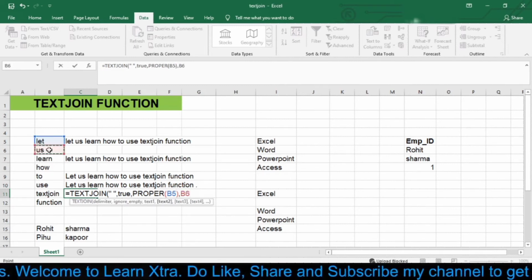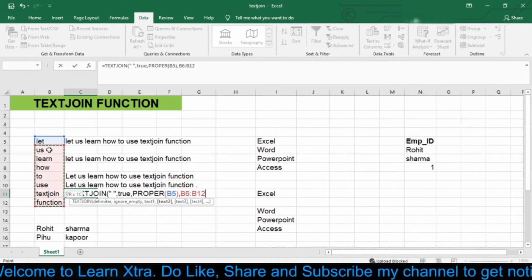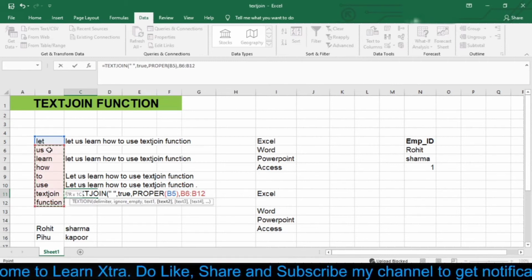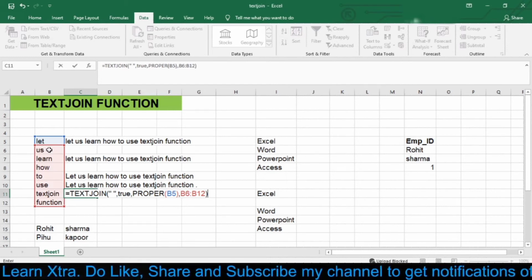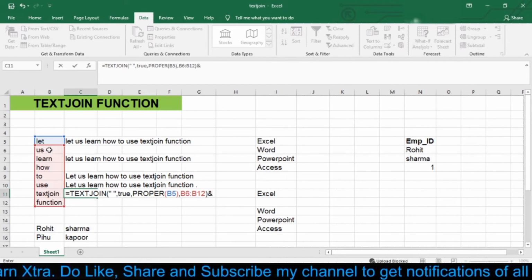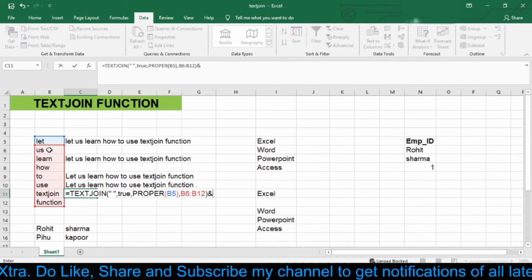Now simply close the bracket, and now here we will use the AND function. So simply type the AND symbol and then type full stop in double inverted commas, and then close the bracket.